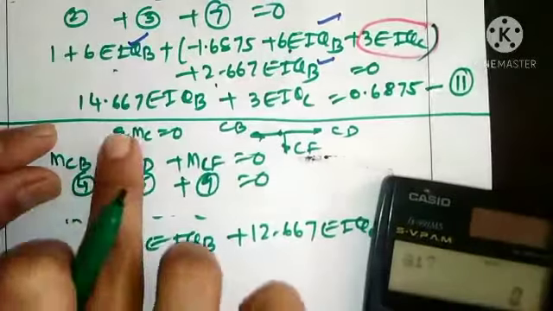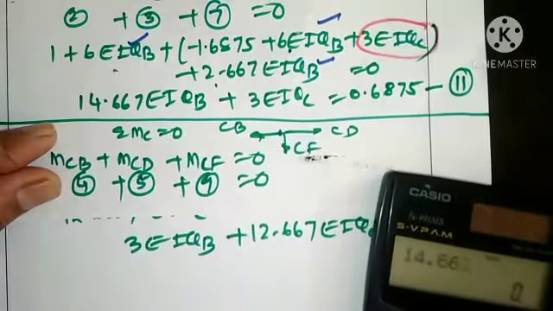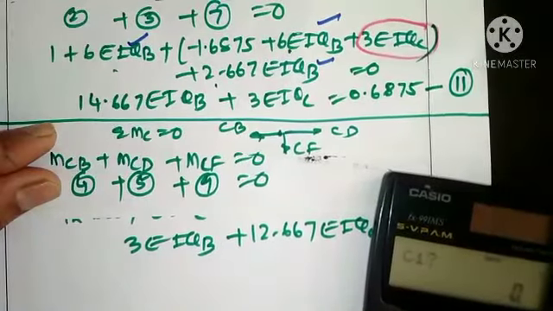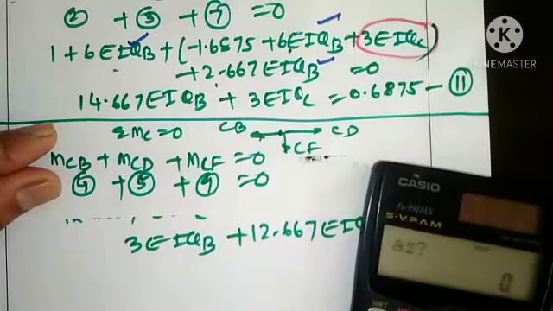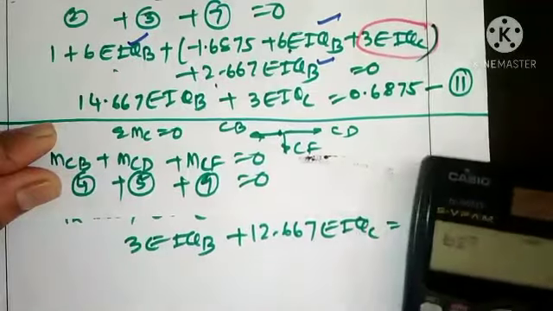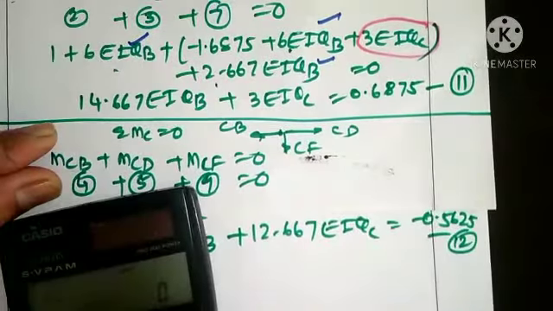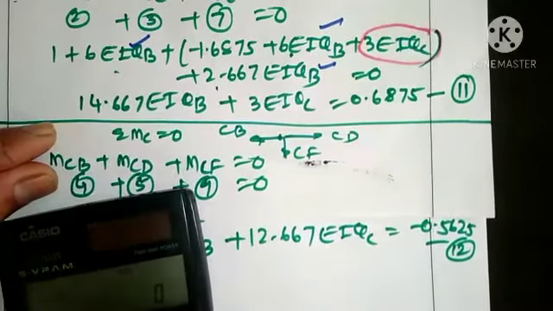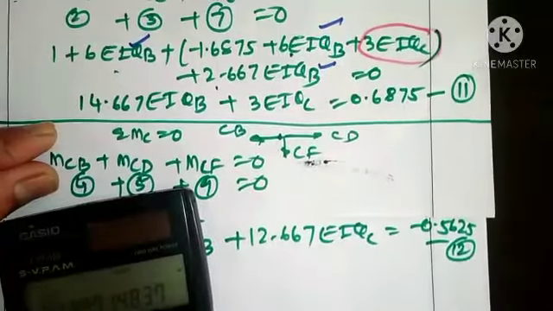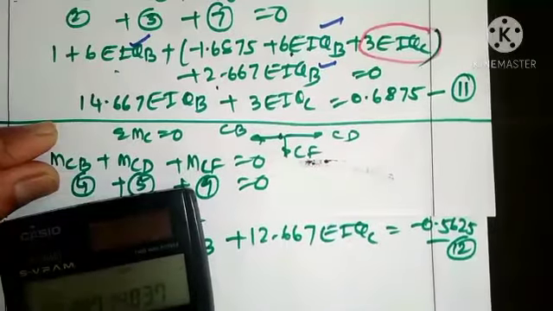And when I solve this, 14.667 is the coefficient for theta B. Then B1 will be 3 and C1 will be 0.6875, and A2 will be 3 and this will be 12.667 and C2 will be 0.5625, and as a result theta B value will be